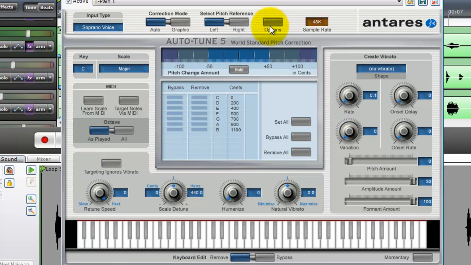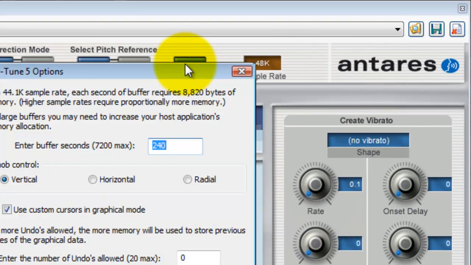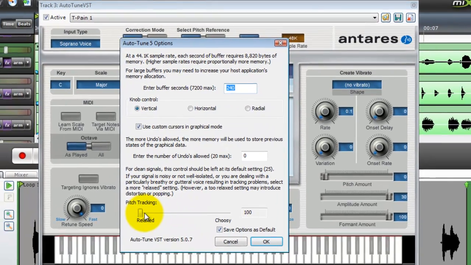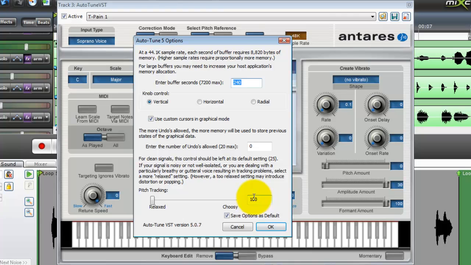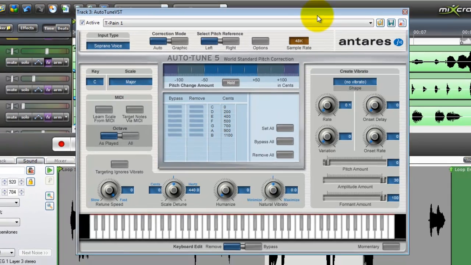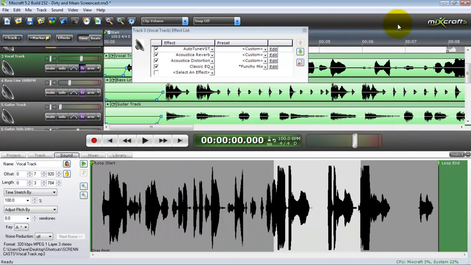Now let's go up to options right up here at the top. The only thing that's really important is to set the pitch tracking to relaxed and 100. Click save and then click OK. I don't want to change mine, so I'm not going to click OK. And those are the default T-Pain settings, and they work rather well. But for me, in my particular voice, they don't work by themselves. I don't sing like T-Pain. So when I sing and just add auto-tune,